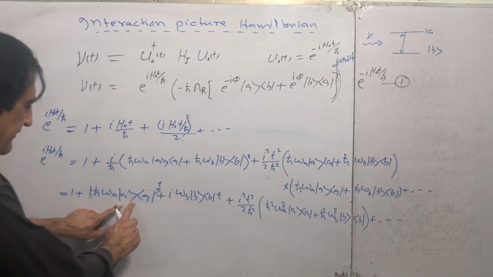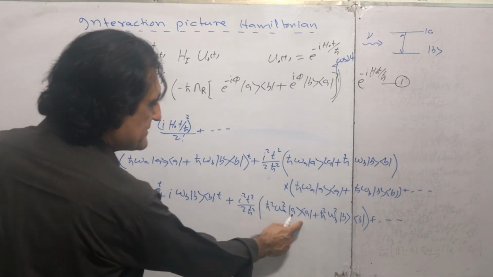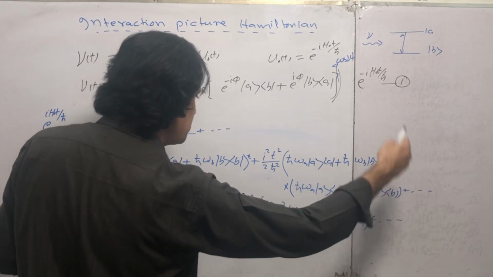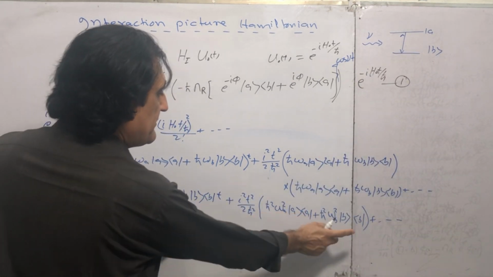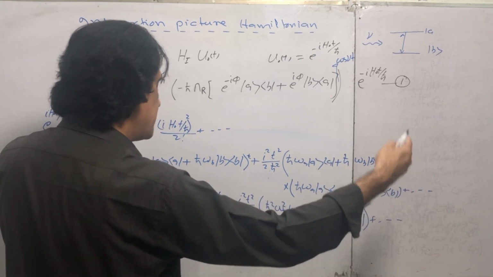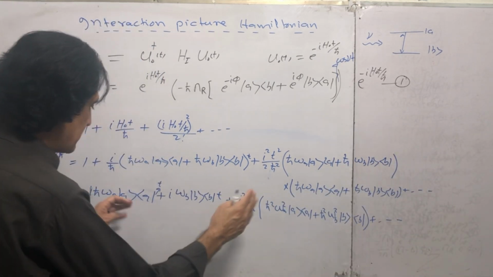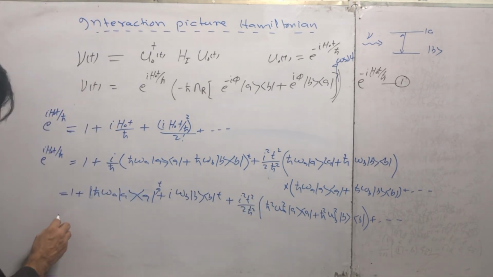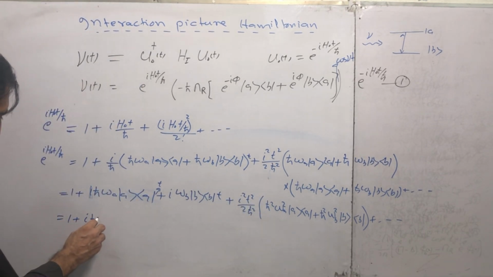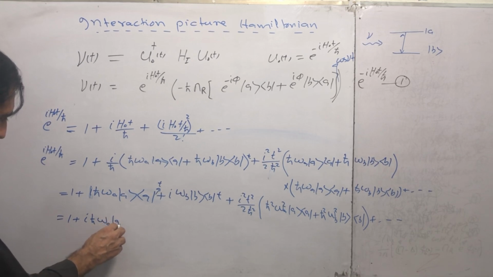Now we have the A state here, and third term and fourth term and so on. B state here, B state here, and third term and fourth term. So I would like to separate the A state and B state. Then 1 plus iota omega a